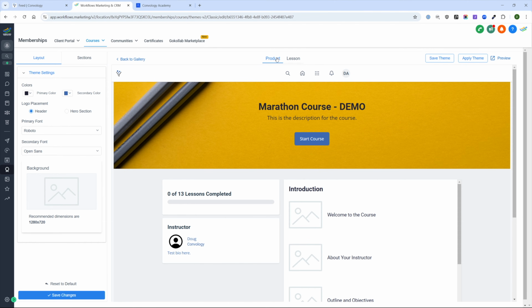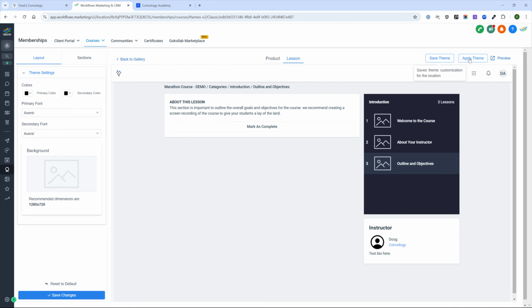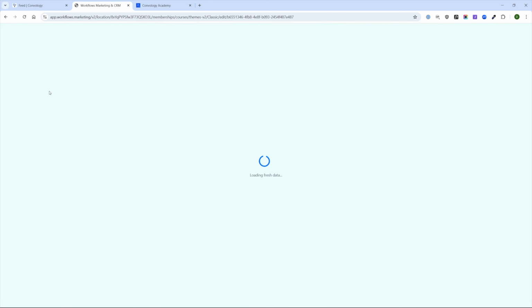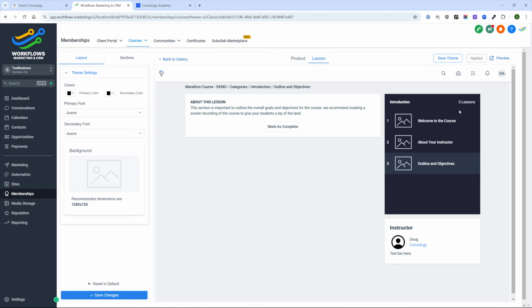And I can go over to the lesson section now, and I can actually apply a theme to it. So what that did was that applied the theme that we had saved previously, and it applied it to this. I will point out that maybe if I give this a refresh, it did not have my actual theme colors saved there under layout theme. Yeah, even coming back in here, it actually did apply my colors, but it did not change them over here